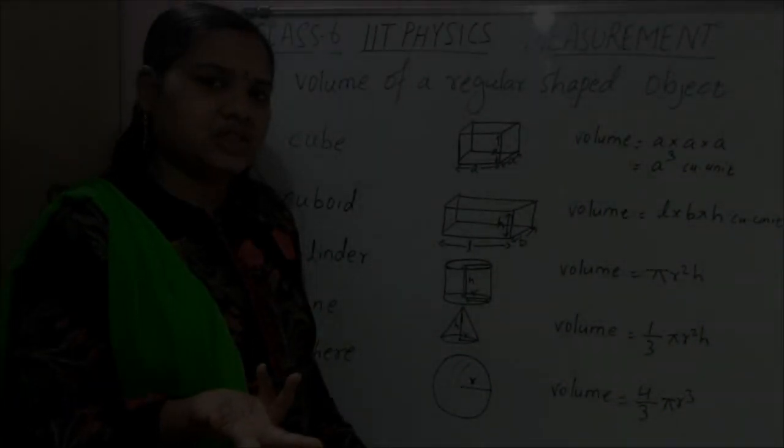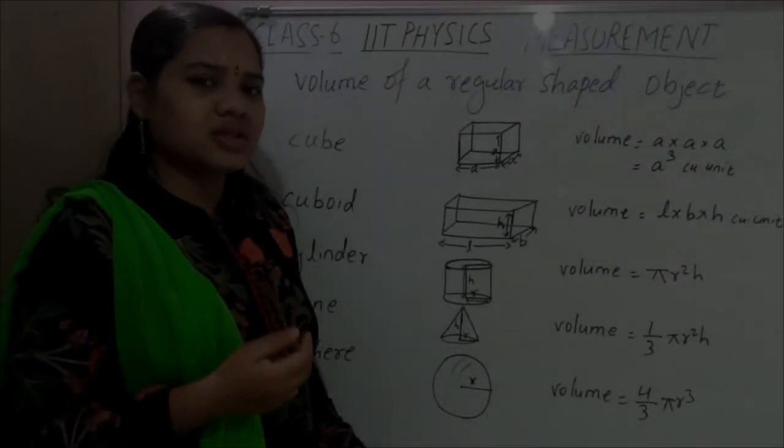Take out a birthday cap. It will be in which shape? Like this, cone shape. Is it or not? Birthday cap in a cone shape, that is a regular shape. Take one eraser and see its shape, cuboid shape. So there are some regular shape objects around you. Some are irregular, like take one stone. No definite shape, so that is irregular shape.